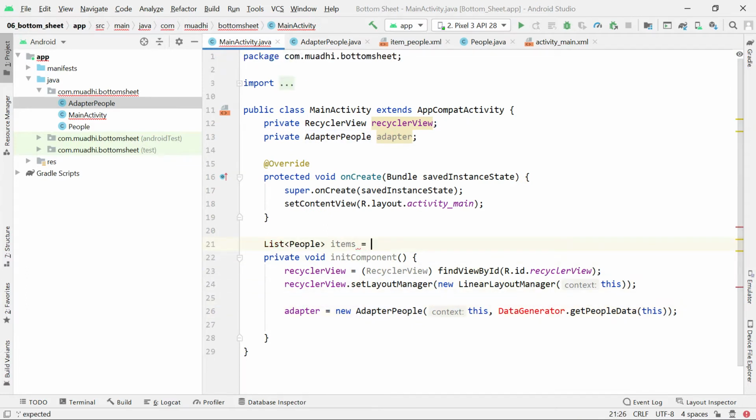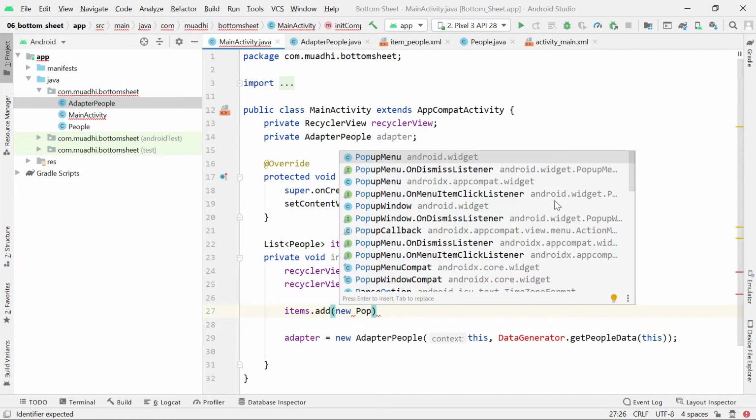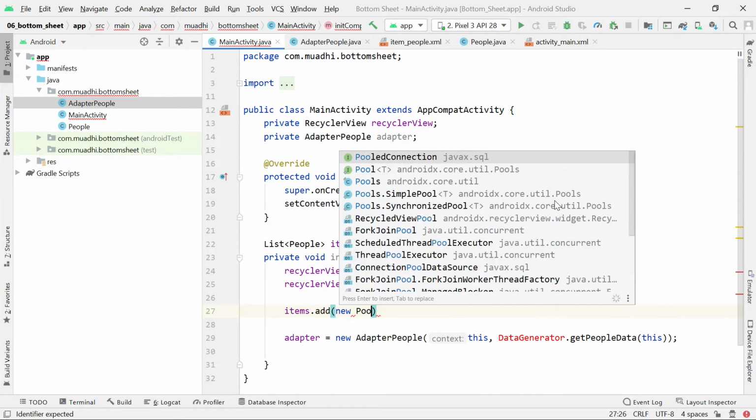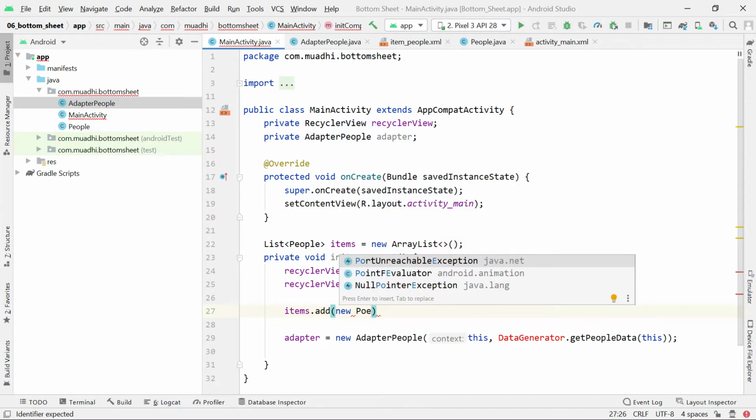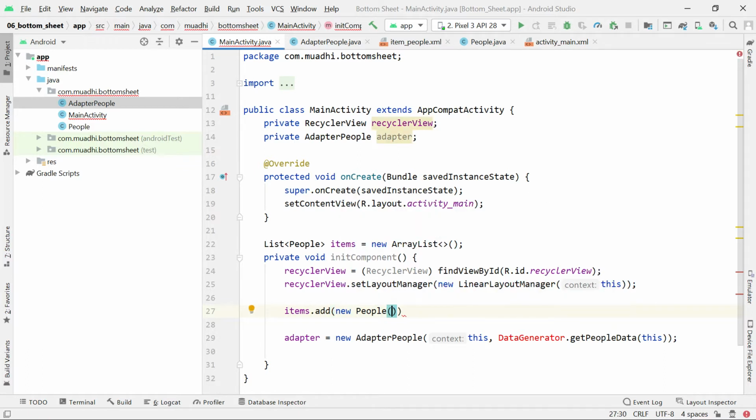Is equal to new array list, and then just simply add in this list some item here. Okay, not add new people